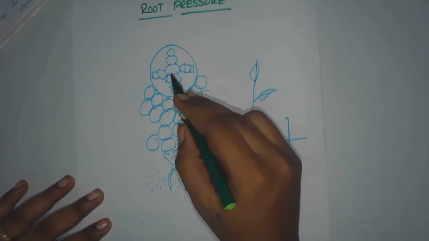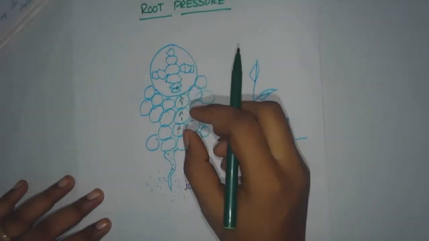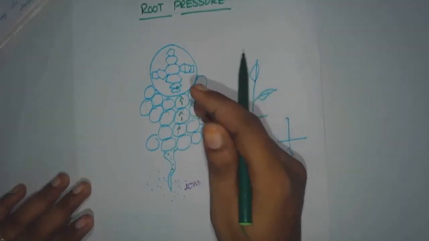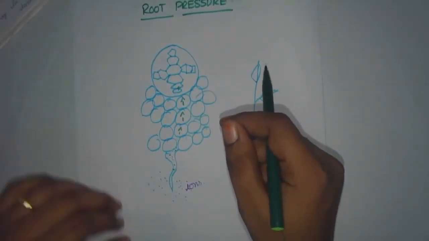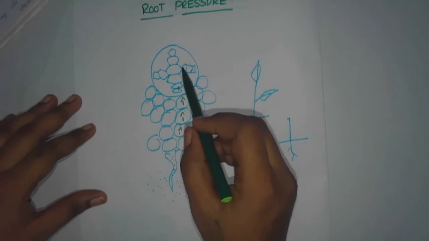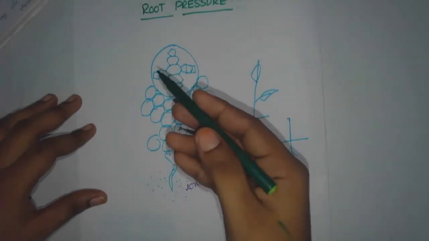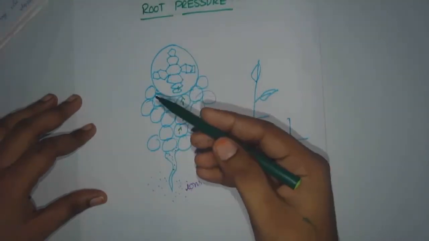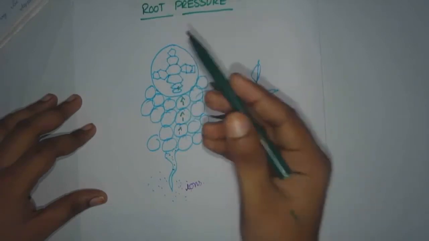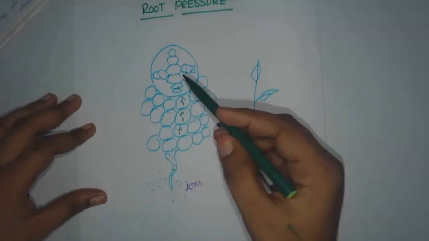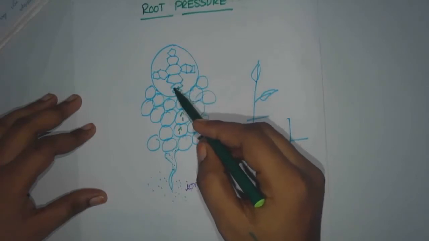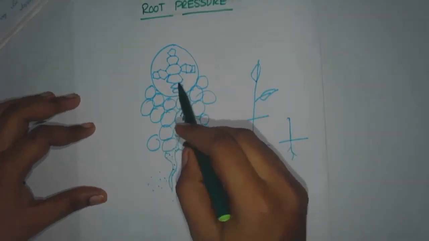Here this is the xylem part. Now the xylem increases the water pressure. They become turgid, which means they are increasing the surface area. They are showing some pressure in the xylem. They are transporting water, that is the ion and water material, to the entire parts of the plant body. So they are responsible for the pushing movement of the water.